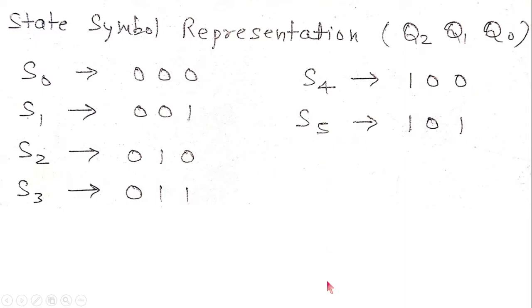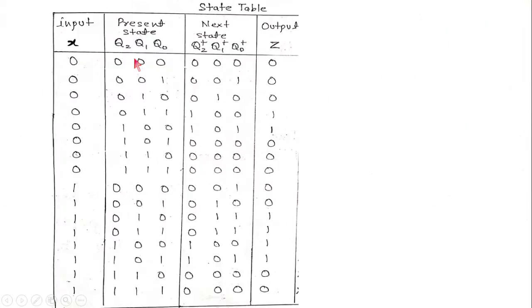The rest of the states will be in the don't care condition. It means by default you can choose them as don't care, or if we somehow go into the S6 or S7 state, it will by default go into the S0 state. We will look into the state table.